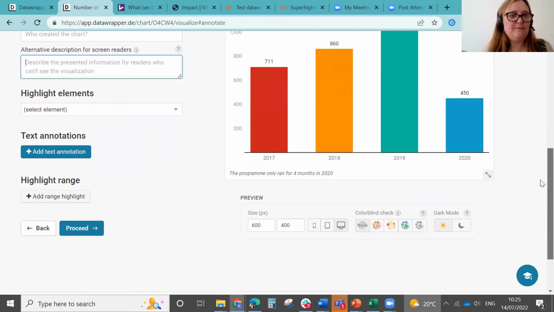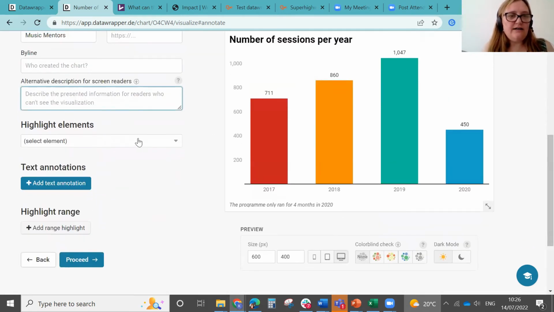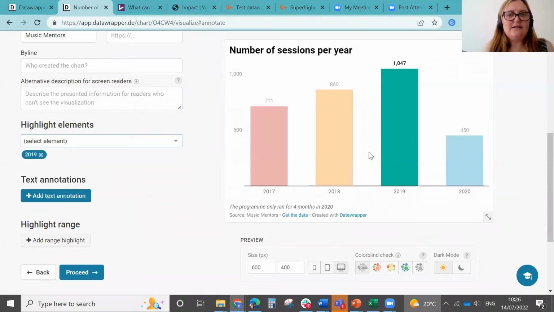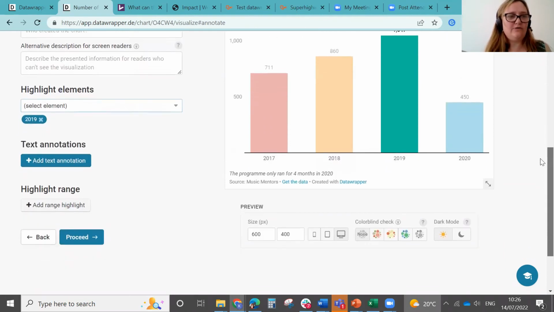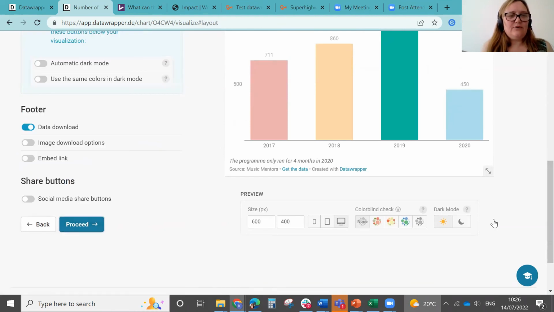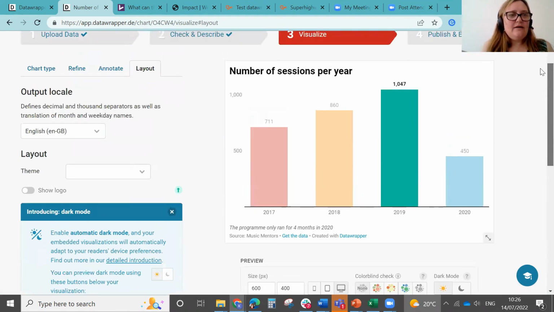There's an option to highlight an element as well, and I'm asking you to have a go in one of the exercises with this. So it might be not so relevant in this very simple example, but I could highlight 2019 as the year, so that you can visualize your data and then really pick out a particular element of it. So lots that you can do. Click proceed, and then